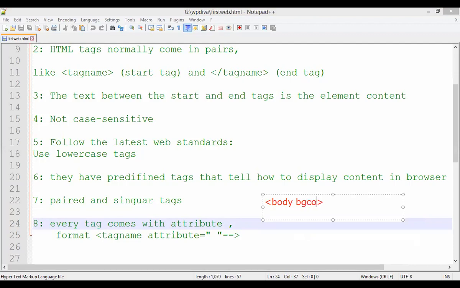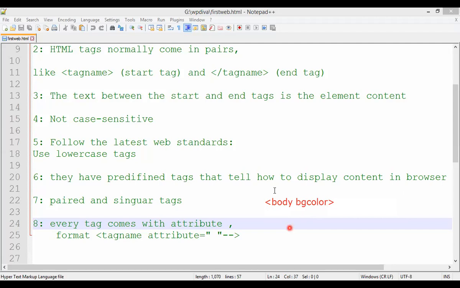Suppose I want a BG color, COLOR. What is this? We don't have COLOUR. Okay, COLOR is called one attribute of the body tag. So what is an attribute? Suppose I take an example: there is one student called XYZ. So his roll number, his name, address, cell number, email, all are called the attributes.